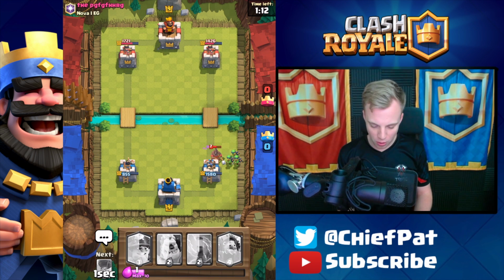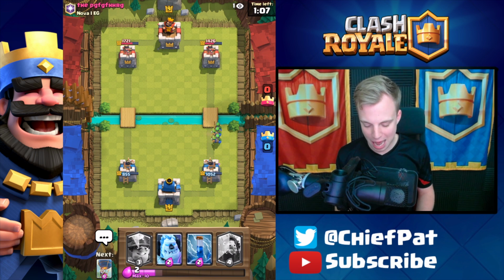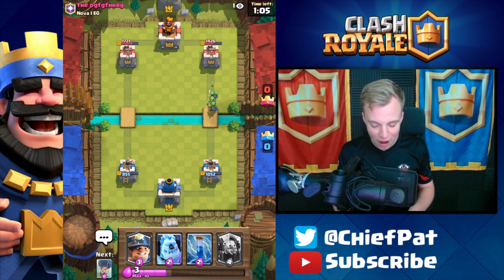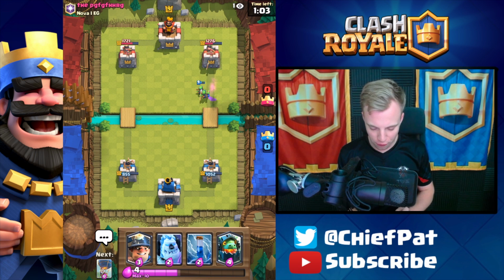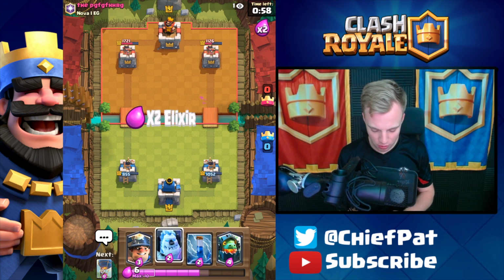Our Spear Goblins are going to go in, and we might have to try to turn this into a 1-0 game, but I don't think we're going to be able to make that happen against this Hog Rider. It's just one of my least favorite matchups, as I've said before, and yeah, we're just going to have to chill right now and see if we can do something, but let's get ready on this side of the map